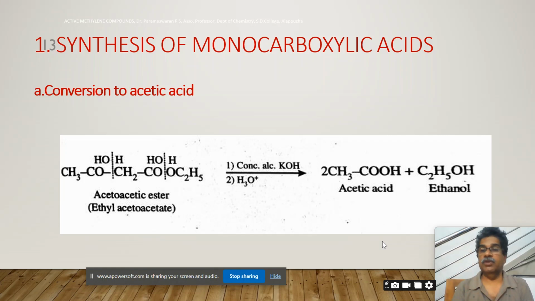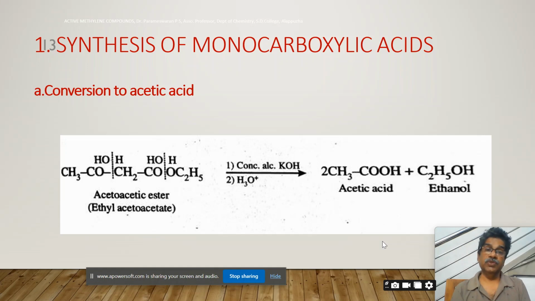One is acid hydrolysis, the other one is ketonic hydrolysis. If the product is an acid, then it is known as acid hydrolysis. If the product is a carbonyl compound, just a ketone, then it is known as ketonic hydrolysis. That depends on the medium or the